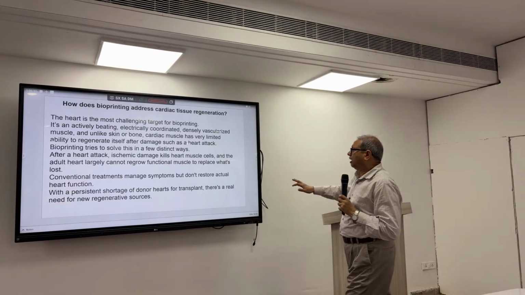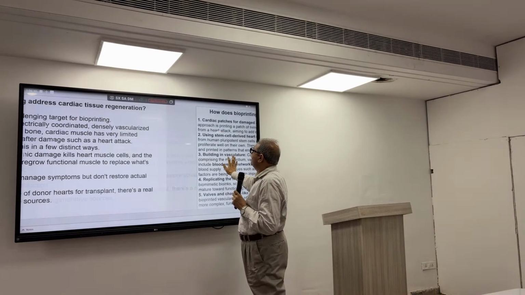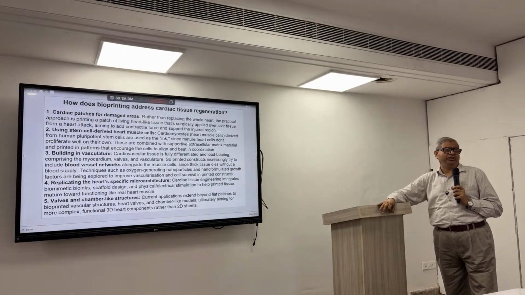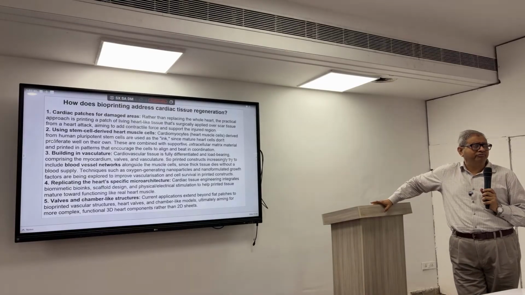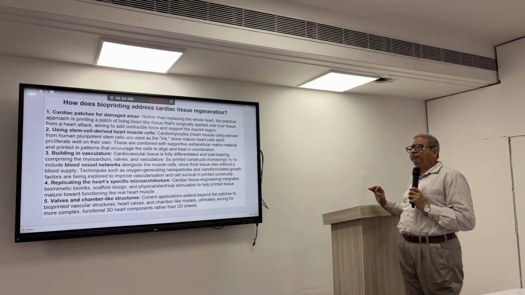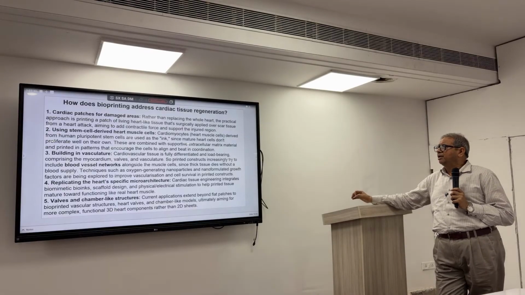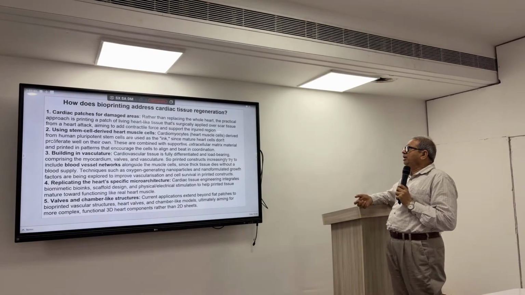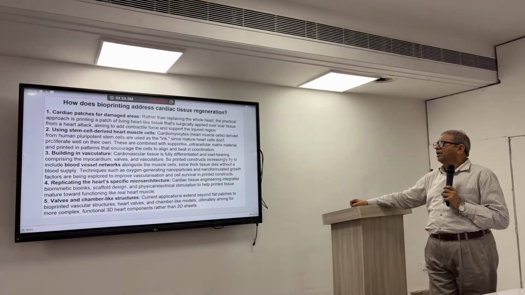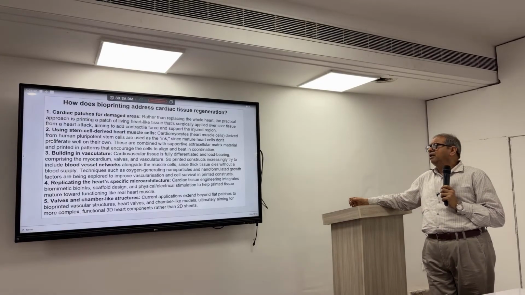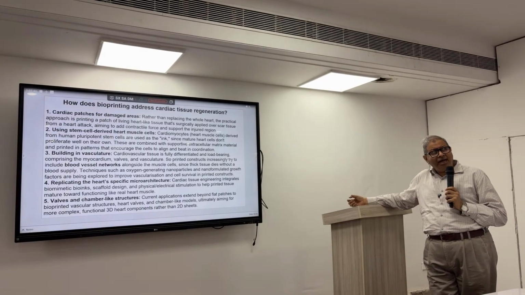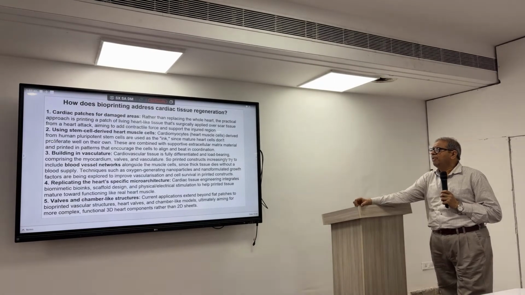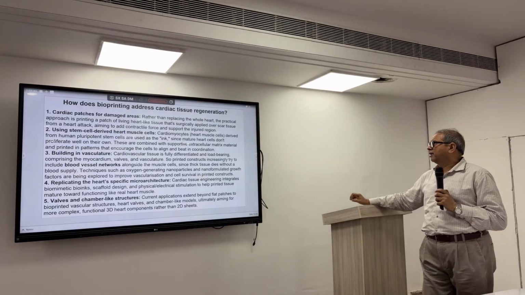What we do is cardiac tissue regeneration, which is not very successful also. But on some patches of the heart, the damaged area, we basically put a scar, and on that we put stem cell derived heart muscle cells, and these heart muscle cells are used as an ink, a bio ink,